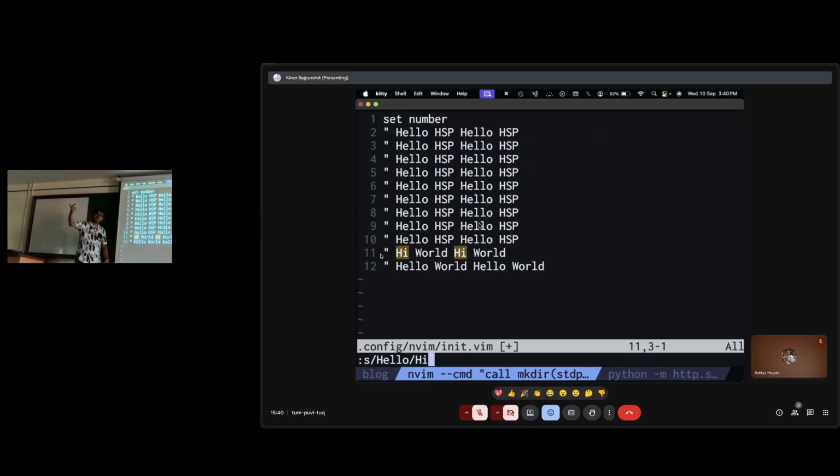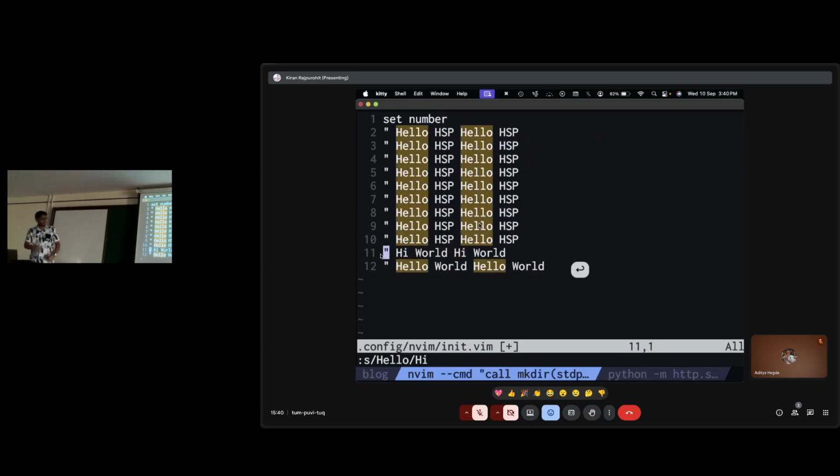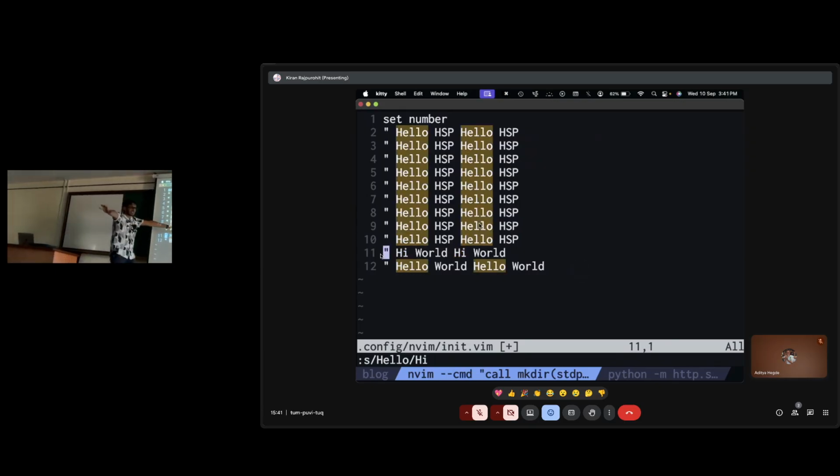Now, typing /g again and again might be a bit of a hassle, so you can just do colon set gdefault. Make sense? What if I want to do it for all the words in the file? Yes, that's an excellent question. Smaran asks, what if I want to replace all instances of HSP in the entire file? Because colon operates on the current line: you get your cursor to where you want to do the substitution, then colon s and the substitution. What if I want to do the entire file?